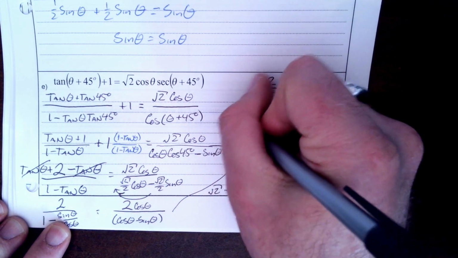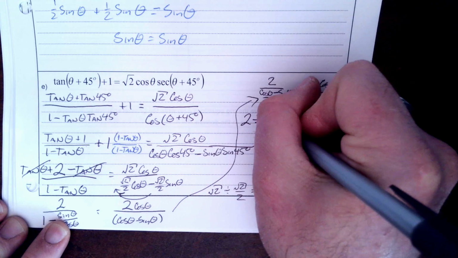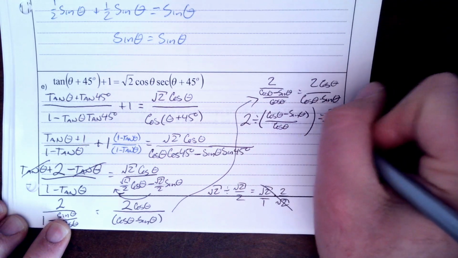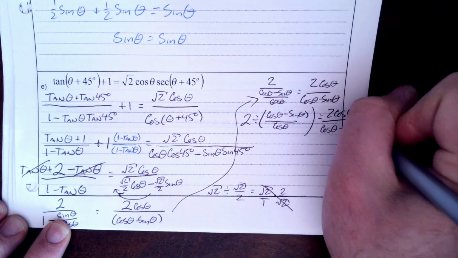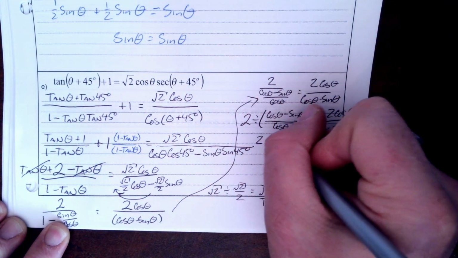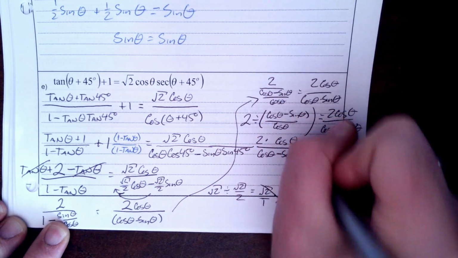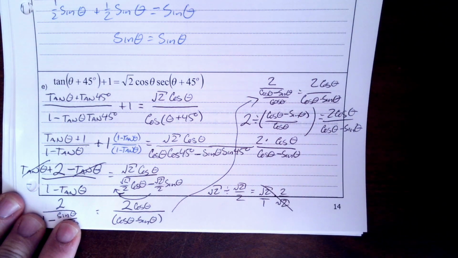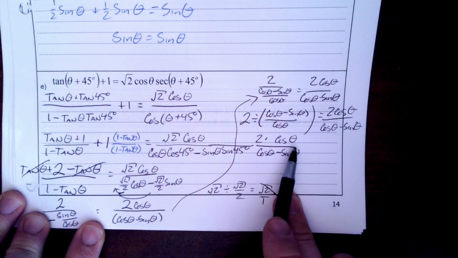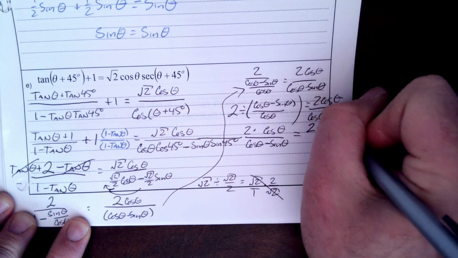2 over that fraction is really 2 divided by that fraction. And when you divide by a fraction, you flip and multiply. So we really have 2 times the cosine of theta over cosine of theta minus the sine of theta. I didn't really write that neatly because if I wanted to simplify that or take 2 more steps, it would have run me that far. But actually, 2 times all that stuff becomes 2 times the cosine of theta over cosine minus sine,